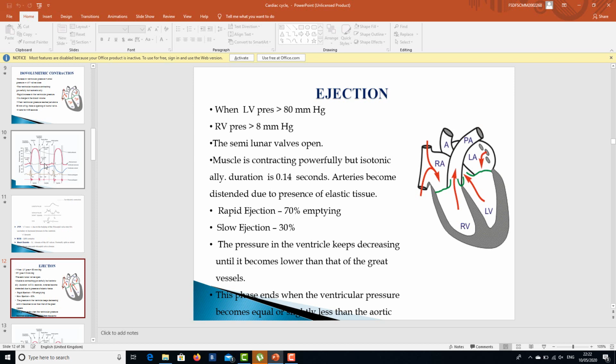Now is the period of emptying, period of ejection. Now this ejection initially is very rapid. You can say that around 70% of the ejection of blood is quite rapid ejection phase, and the rest of the blood which has remained is quite slow ejection. So the word slow ejection has been given to it. The pressure in the ventricle keeps decreasing until it becomes lower than that of the great vessels. This phase ends when the ventricular pressure is equal or slightly less than